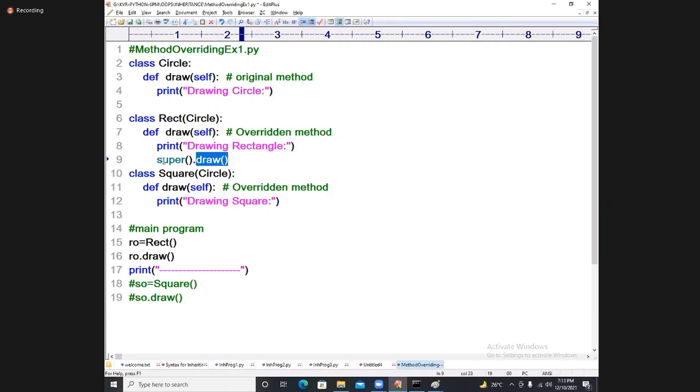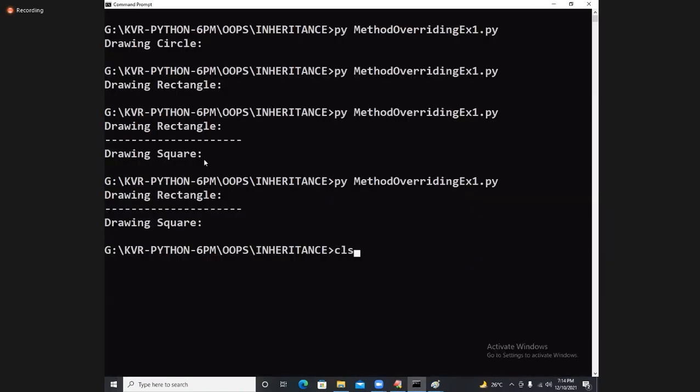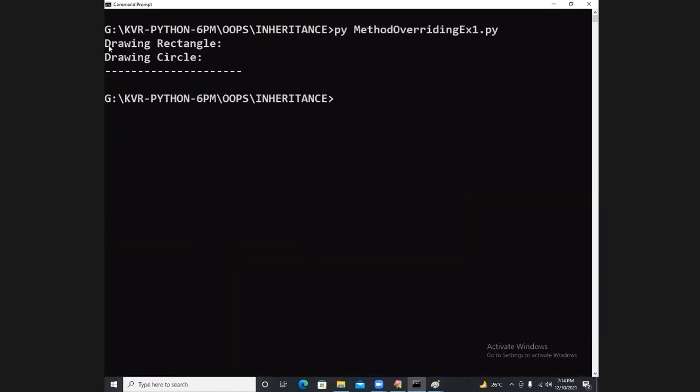When you say super of draw method, where is it going, students? It is going to the super class. In Java, it is the super keyword. Super of draw will go to which class? The super class. Look at that answer now. What is the output you are getting here? See that beautiful output. Drawing rectangle, after that you are calling drawing circle also. Is it understandable, students? Easy?